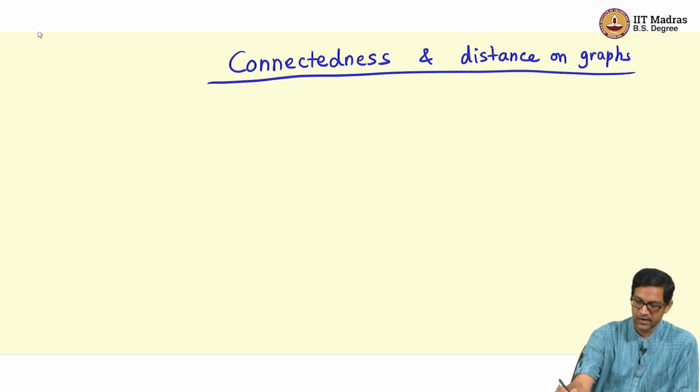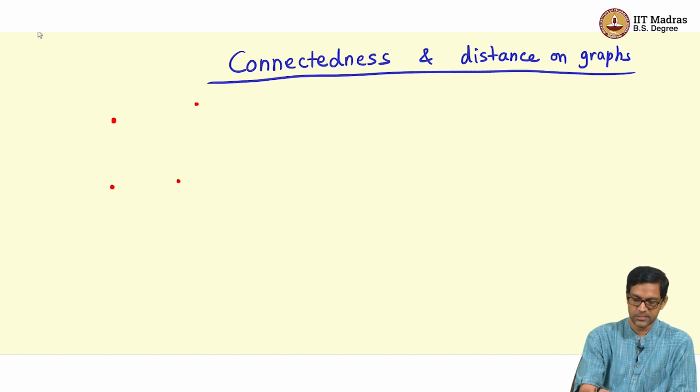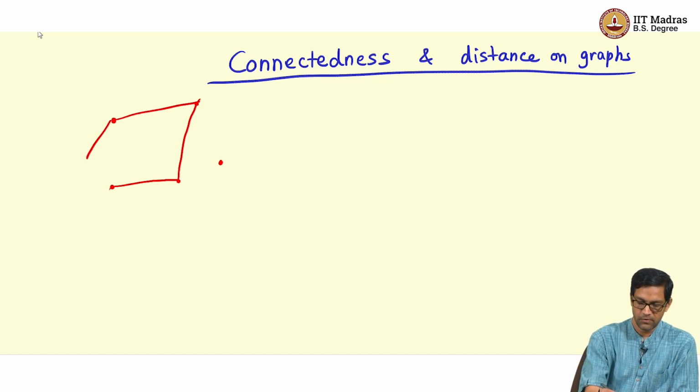So, recall again, a graph is just a sequence of vertices and edges. So, when I have such a collection of vertices and edges, what I can do is consider all possible paths or walks, as they call them, on a graph. So, here is a graph with